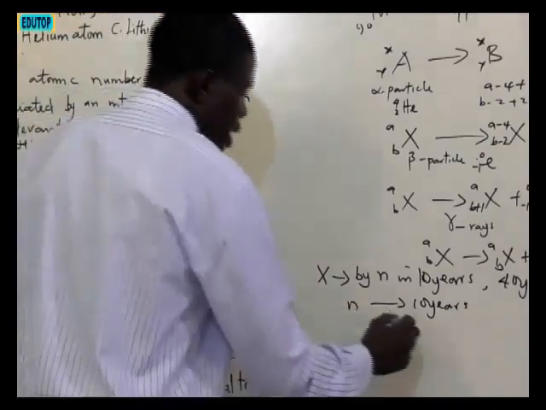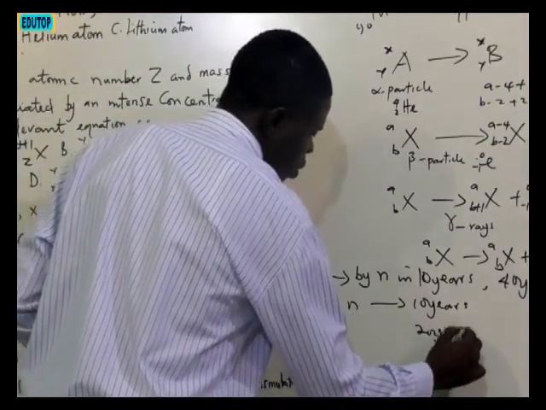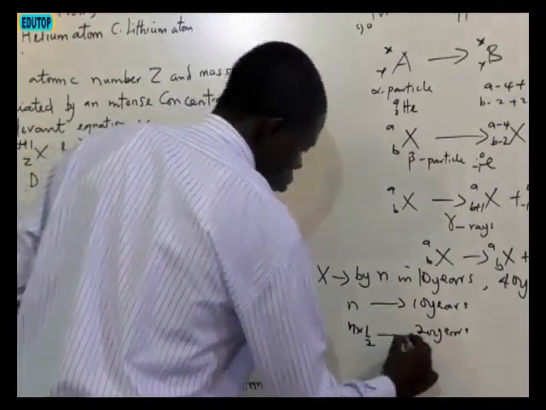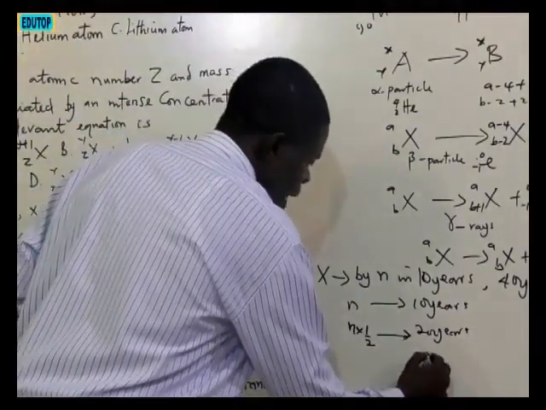In the next 20 years, you know it's half of the original. So since this is the original, it will be n times 1 over 2. So that's what you're going to have for 20 years. Then for 30 years,